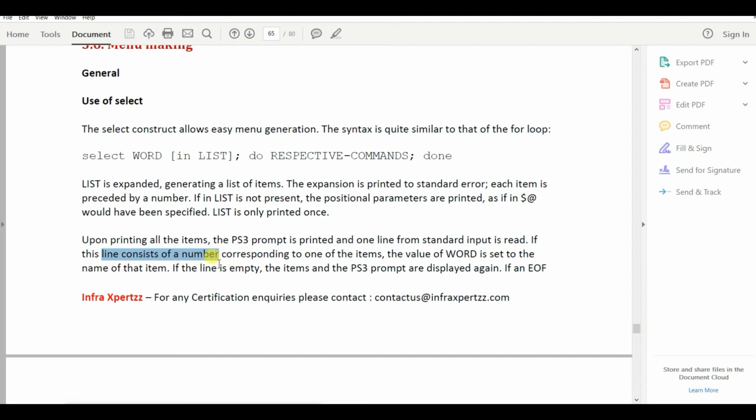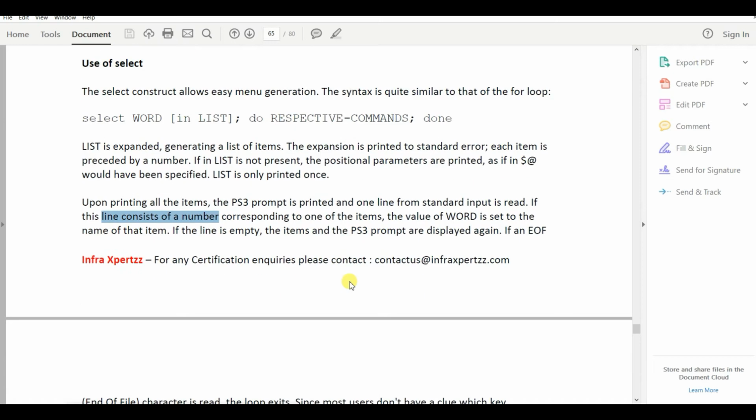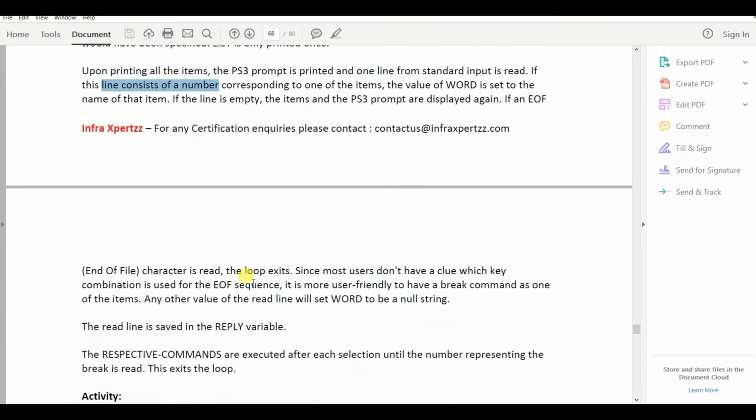If the line is empty, the items and the PS3 prompt are displayed again. That means if there are only 5 options and you type 6, the same menu will be displayed again. But if you give 3, then whatever value is there for the third option will be assigned to the variable.